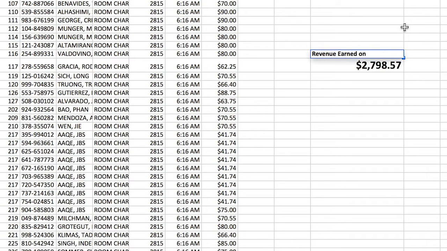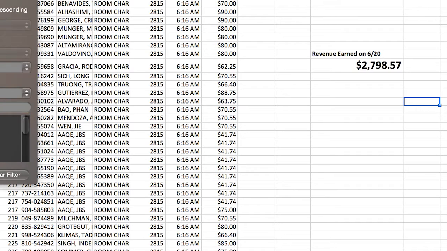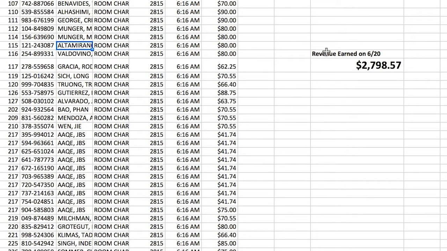Now, I don't know about you, but it would be pretty shitty to have to do this for every day of the week, sorting through the different dates and filtering it. I don't think it's gonna take that long, but it just wouldn't be the most fun. So that's why with Excel we can really automate this whole thing using the SUMIFS